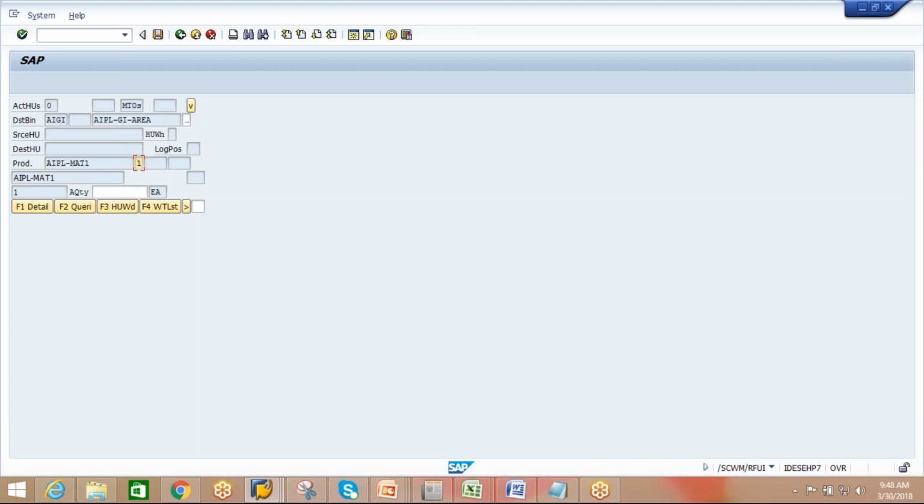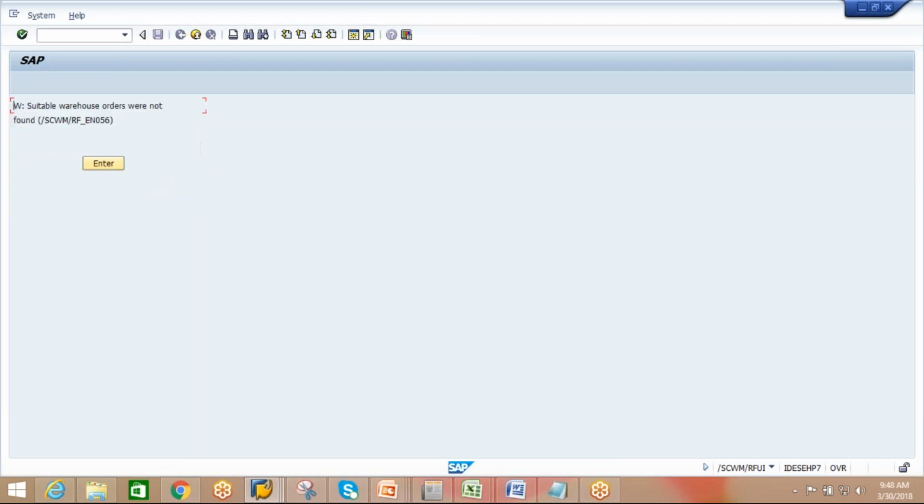Two warehouse tasks are there. That's why two times we need to confirm. Sometimes business asks us, okay, if the source bin is common, it should appear only one time. That is possible through some customization. Okay, that one. Next, for next enter this one, it is coming. Okay, now go to